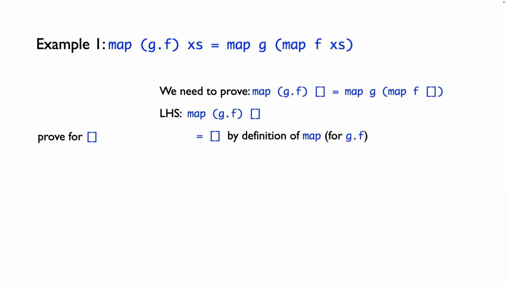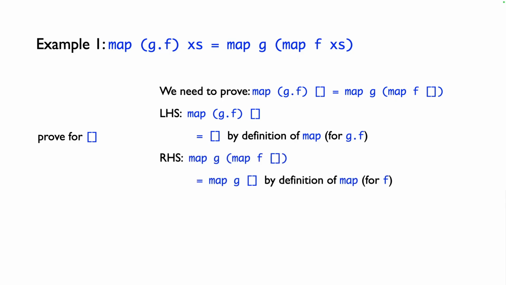So the left-hand side equals the empty list. What about the right-hand side? Well, that's map of g applied to map of f of the empty list, and map of f of the empty list is going to be the empty list. So the whole of the right-hand side equals map g applied to the empty list. And of course, that itself is equal to the empty list. So we've proved that both the left-hand side and the right-hand side are equal to the empty list, so they are both equal. So we've proved what we needed to prove to start the proof off. So we've shown that the left-hand side equals the right-hand side. Okay,